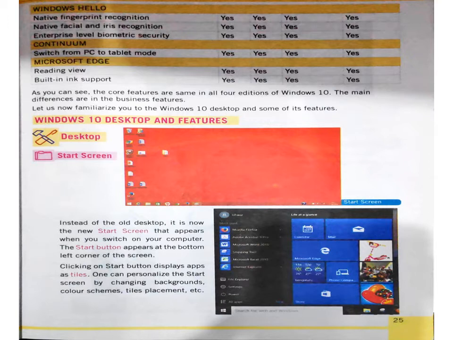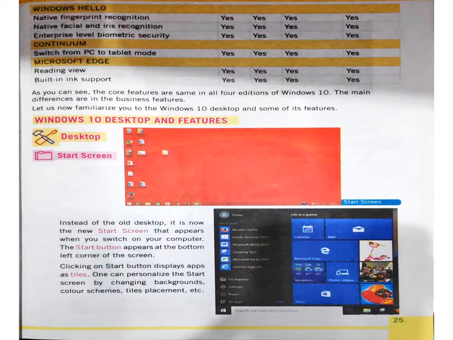When you click the start button, the various applications will be shown to you in tile form. Small squares of different applications will be shown to you, and whichever application you want to open, you can open that particular application by clicking on it.